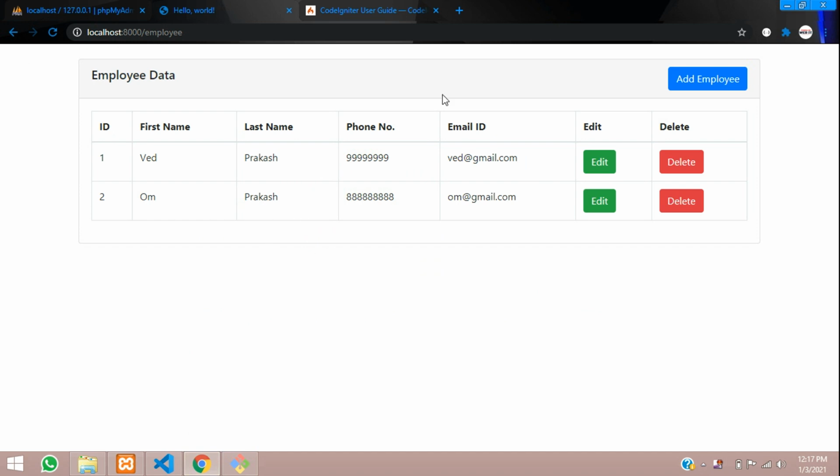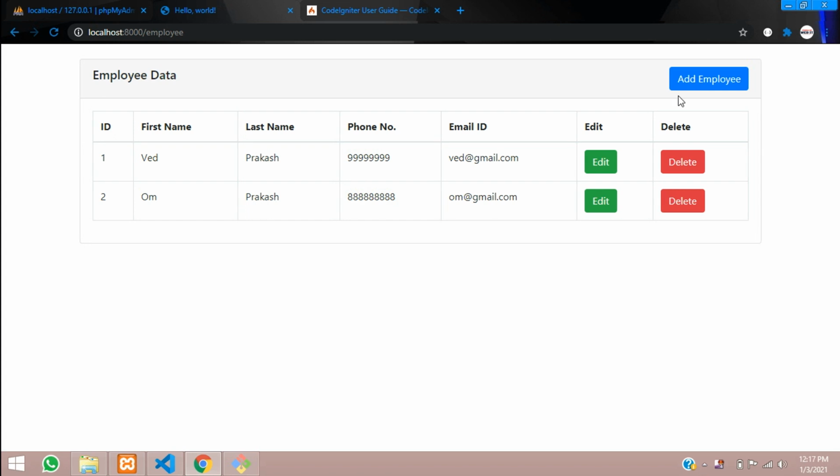Now, as we saw, we have done the addition and adding of data, fetching of data, edit and update, delete. So now we are going to make one more delete option, which will be confirm and delete. Okay. So guys, let me leave this as it is, and let me just add one more column for confirm and delete. Okay. So guys, let's get started with it.